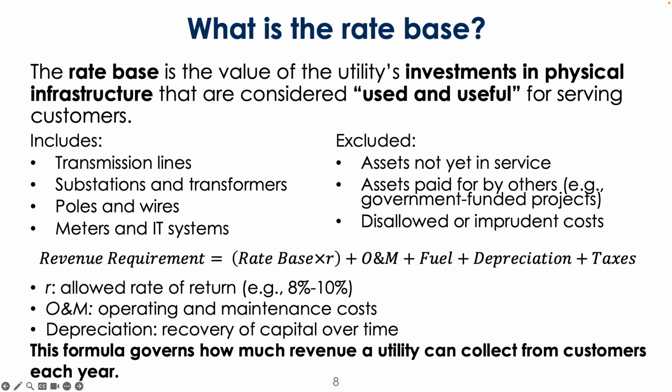So why have I singled out this rate base here? Unlike all of these other costs associated with utility operations, so operations and maintenance, fuel, depreciation, taxes, they spend money on that and then they get to collect that money back from the customers. It's a kind of break even. Where the utility actually makes money is through this rate base, because they are allowed to earn some return on this. So your infrastructure,